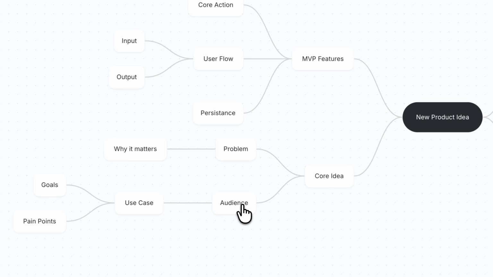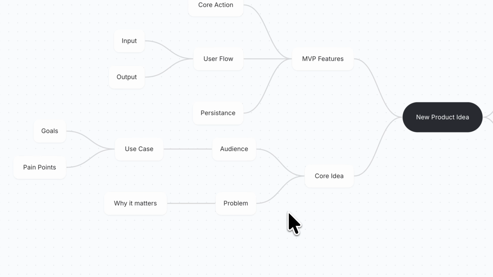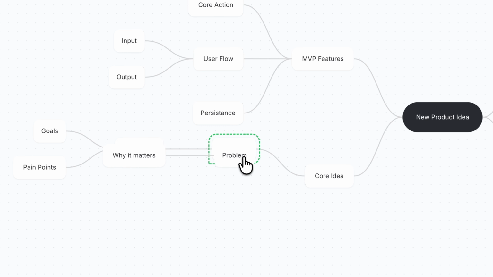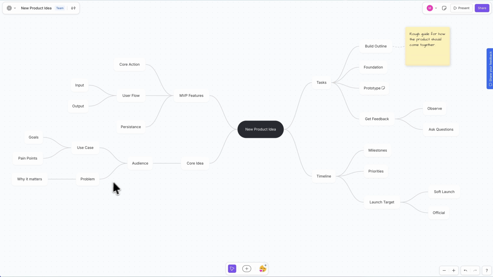So if you ever need to move anything around, you just drag it until you see that little purple circle, and then you drop it, and it rearranges the positions. Not only that, they can also be dropped directly onto another node to turn that into child nodes. For example, I can take problem, drop it right on top of audience, and now problem is a child of